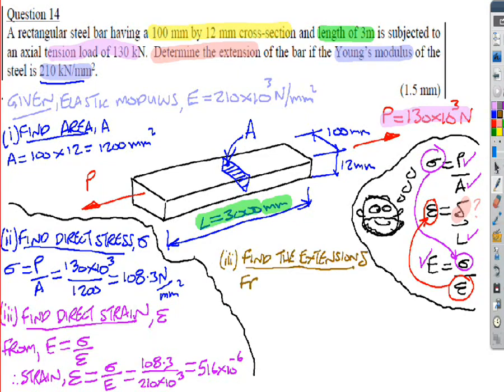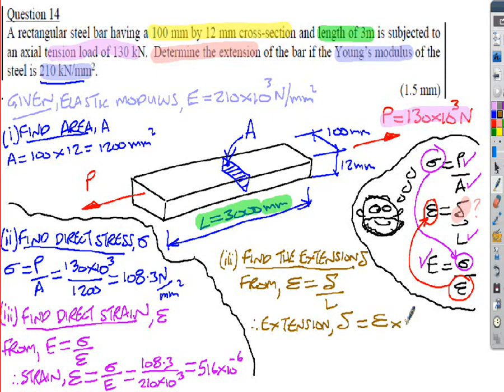So again, we'll do a transposition from the strain. This is my second formula in my list: strain is equal to the extension over the original length. So that's an S, but it's supposed to be a D. Then transposing the equation for delta, the extension is equal to, multiply both sides by L,